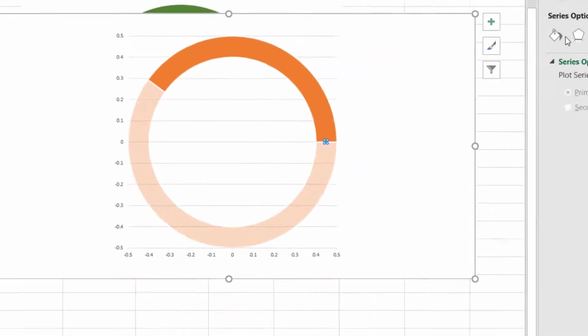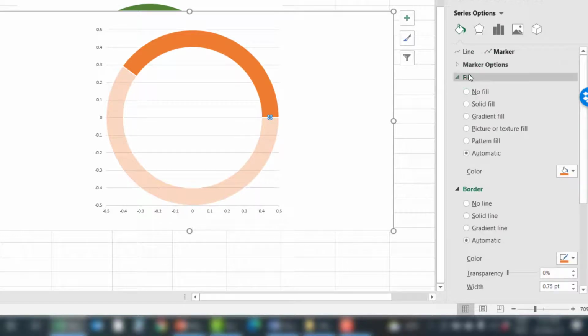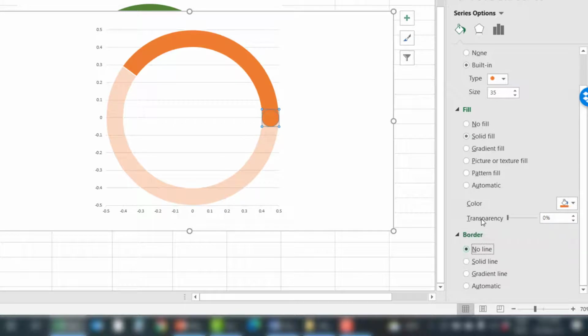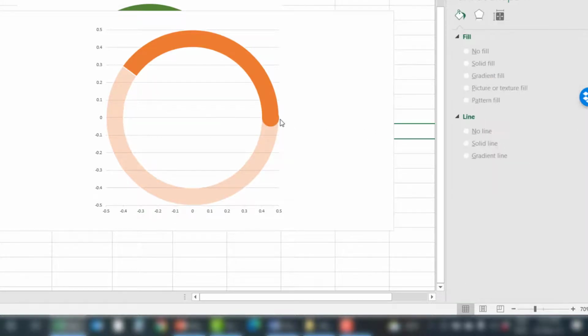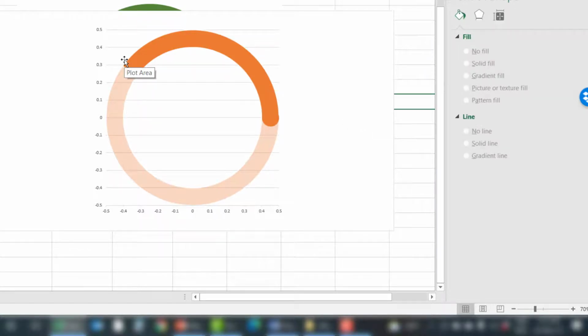Right? Now go to fill, marker, marker options, built in, and increase this to 30, maybe a little bit more, let's say 35, and make the fill solid fill and no line for the border. Let's see. Alright, so now we have our first rounded edge. The second rounded edge will be here,